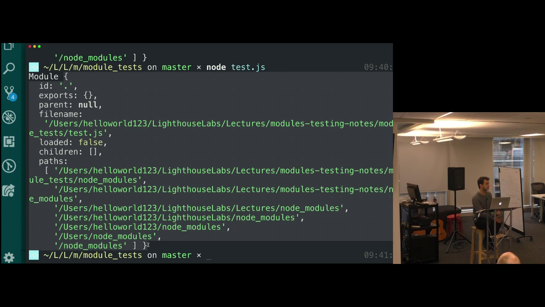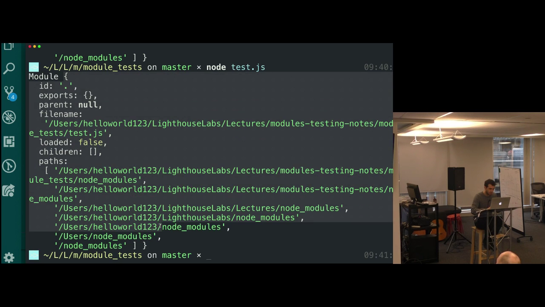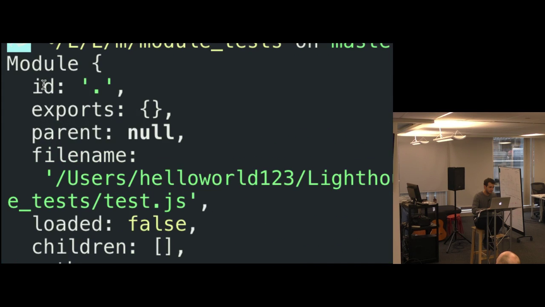How can I relate this to something that I already know? I might not know what module is, but I know that this here is an object, and that ID looks like a property, right? Exports is a property. What does it point to? It points to an object. And can you tell me anything else about this object? It's an empty object, right?